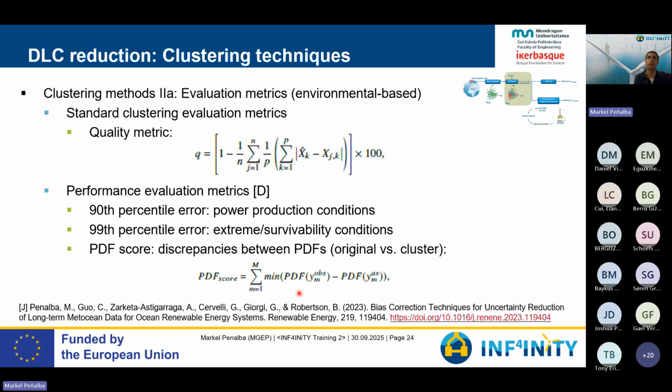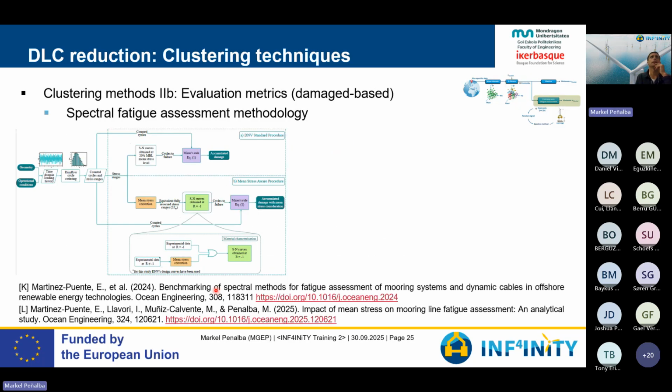So basically the areas of the probability density functions are compared to compute this PDF score. And finally, some damage-based metrics. So basically metrics that are not purely based on environmental conditions, but on the design parameters. And in this case, as we are looking at the fatigue, we analyze this fatigue damage based